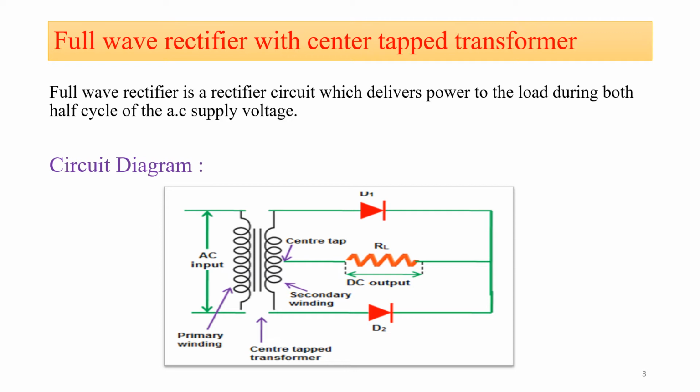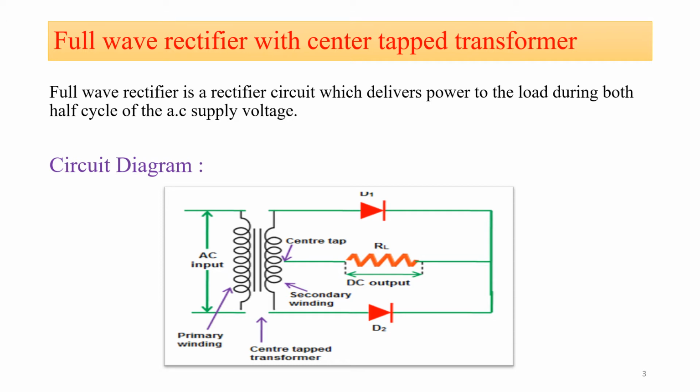The conclusion from a half wave rectifier is that it conducts only for the positive half cycle, but for the negative half cycle the output voltage is equal to 0. And there are some disadvantages. This is our first disadvantage, that is it conducts only for the positive half cycle, and for the negative half cycle its output voltage is equal to 0.